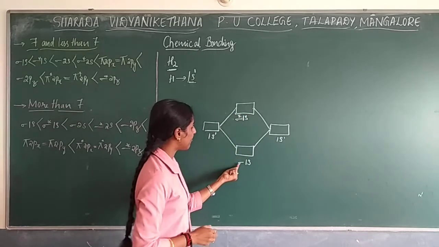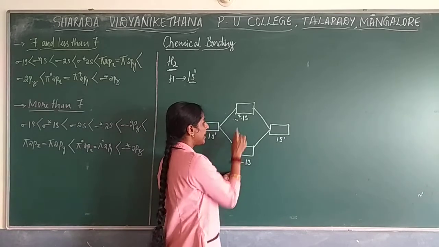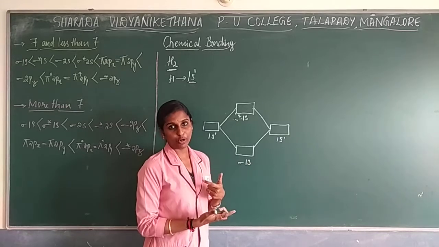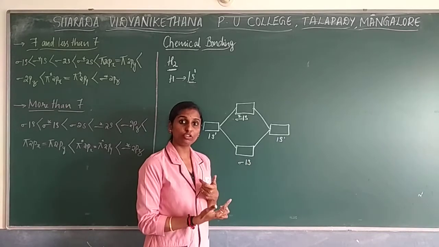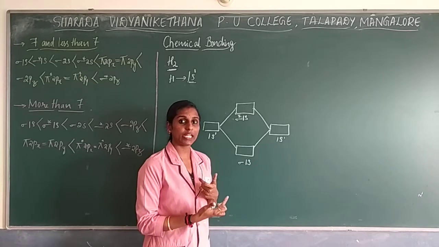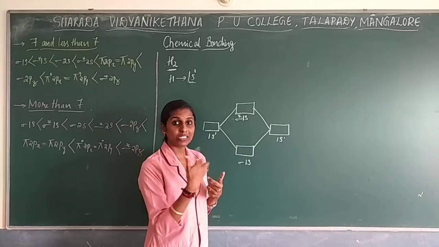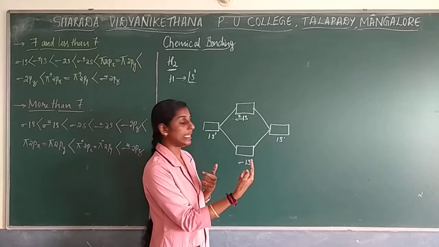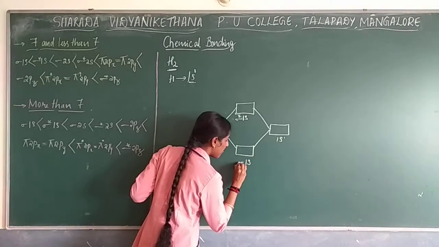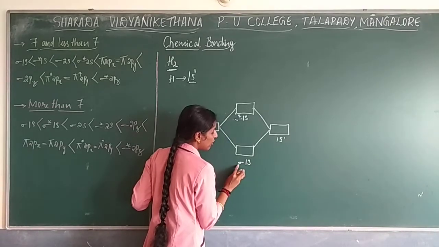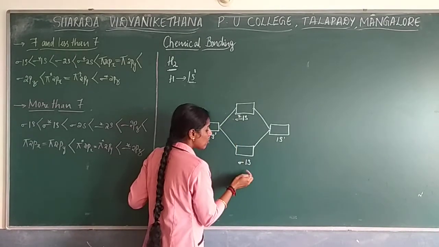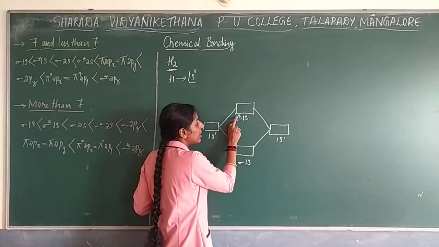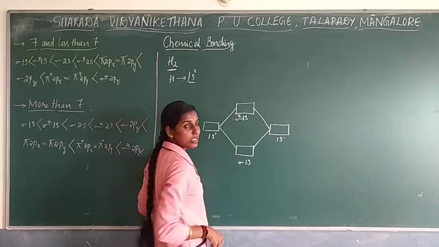Now you may be wondering why I represented it as sigma. Whenever an s orbital combines, a single bond is formed, as we have already seen with VBT. The s orbital undergoes only sigma bond formation, in the sense that single bond formation takes place through head-on overlapping. So I have written sigma 1s. Remember, an s orbital always gives sigma. The bonding molecular orbital has lower energy, so it is sigma 1s. The anti-bonding orbital, which has more energy, is sigma star 1s.